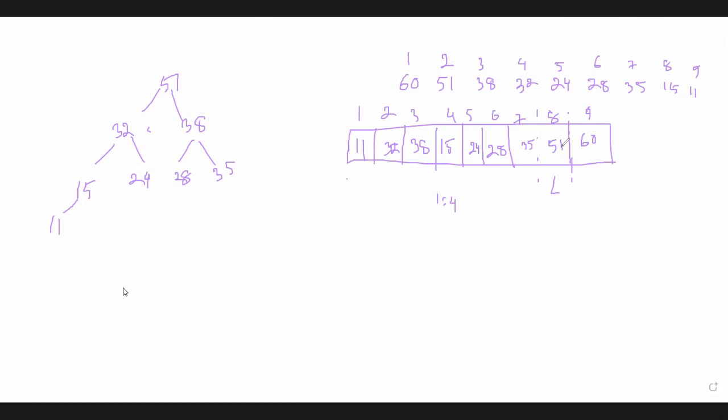So now 51 is the second element in this tree. And after deleting 51, now this is the tree. Okay, so then again we have to compare the left child and right child of 11. After that we have to create a max heap. Maybe after all those swappings, now the next node will be 38, because in this tree 38 is the largest one, isn't it? So after that, if we want to delete one more node, which node will be deleted? Obviously 38. That means in this location we will insert 38.